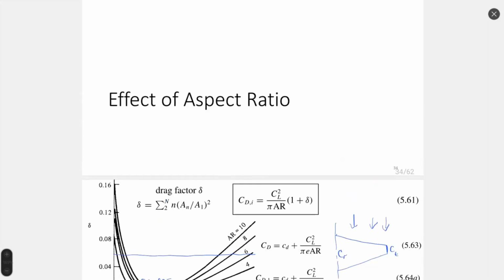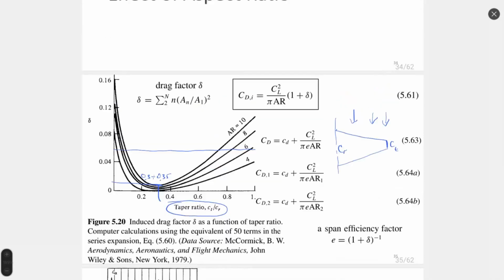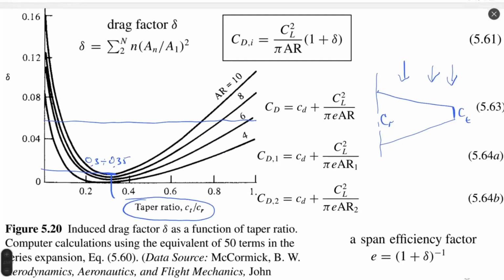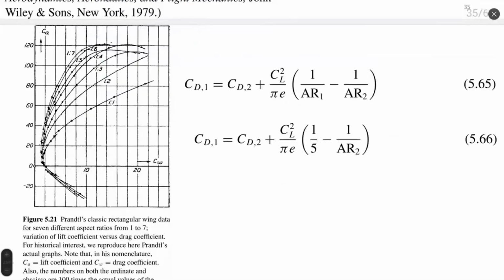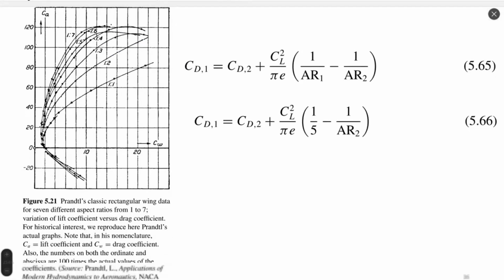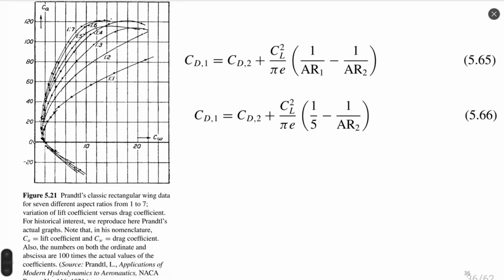Actually, our next topic is aspect ratio effect, aspect ratio, AR. In this topic, Anderson explains to the reader the method to calculate wings with different aspect ratios. It's a similar thing I already explained to you, that we can use similar wings, just changing aspect ratio, changing induced drag. Explaining this in terms of experimental data. This is very interesting